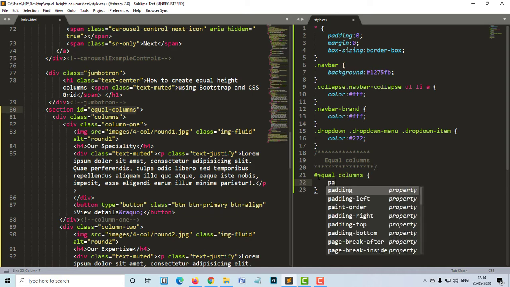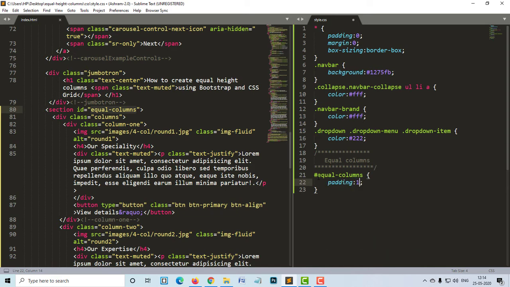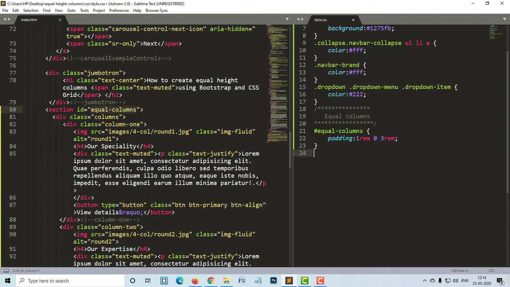And first let's give it a padding. I will say 1 rem to the top, 0 to the right, say 3 rem to the bottom, and 0 on the left. And thereafter the div class of columns. Coming to the div class of columns, let's copy this and paste it here.